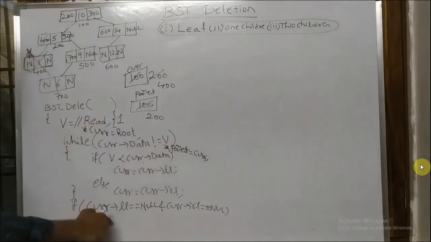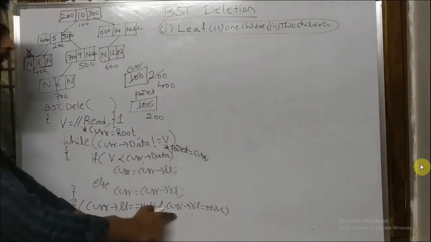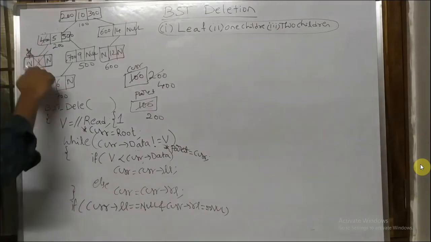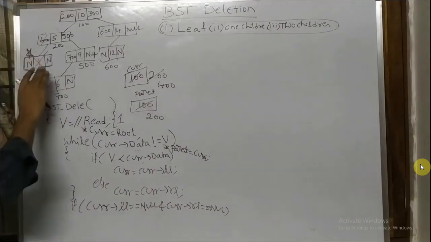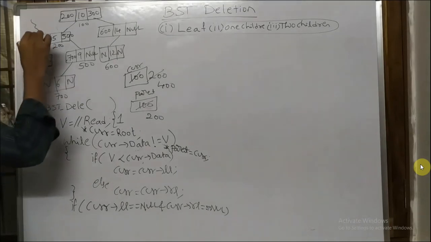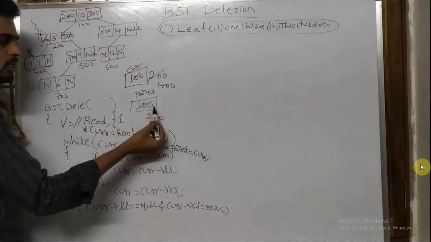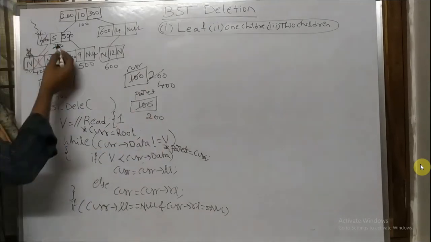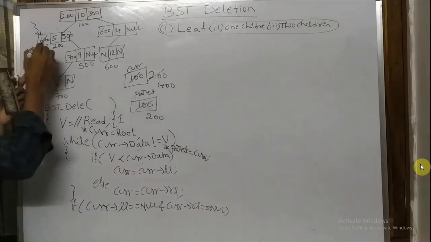The condition fails. When the condition fails, it is going to execute this condition. What is 400->left link? Null, and 400->right link is null. Meaning that this is the corresponding node I want to delete. Okay, fine. So before deleting this one, I need to make null here. This particular pointer is now pointed to by some pointer, that is the parent pointer 200, right? So if I make null here, it is okay.